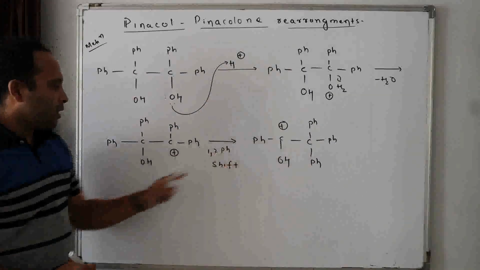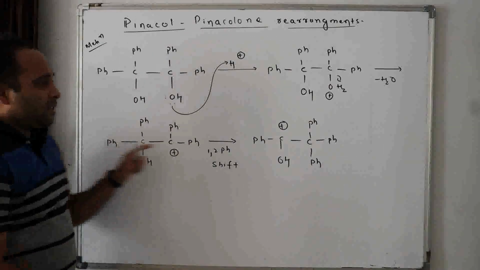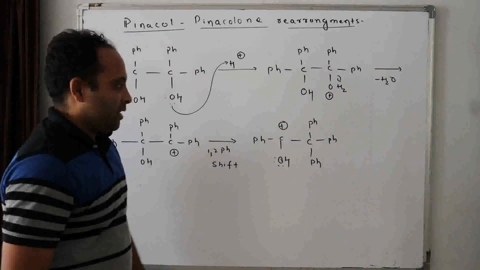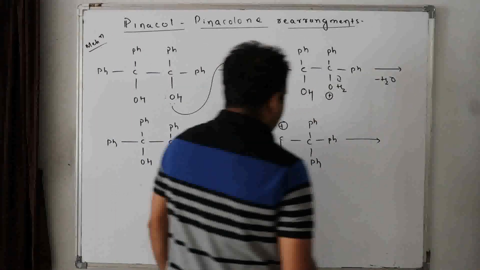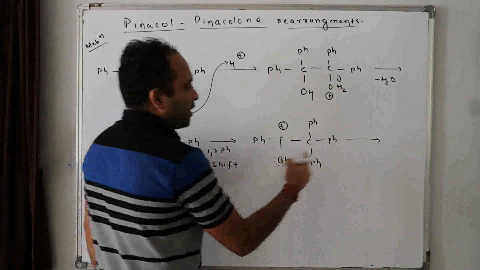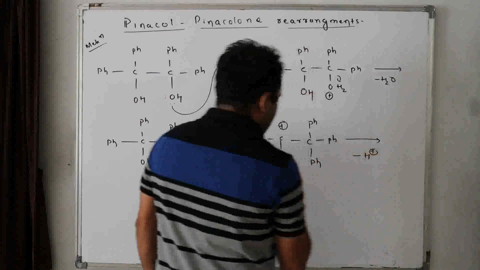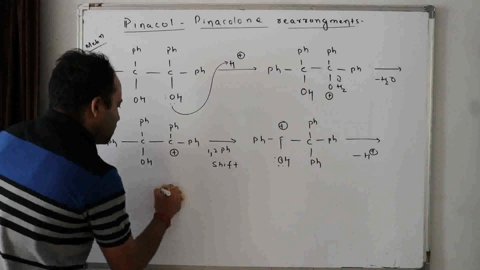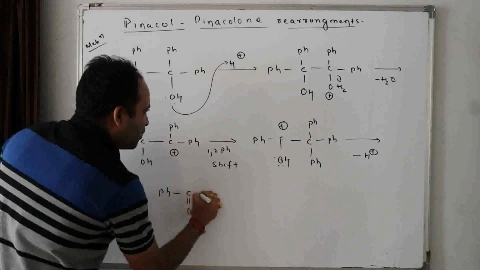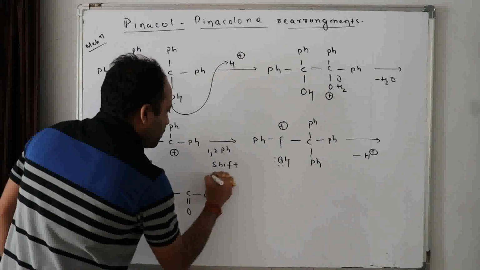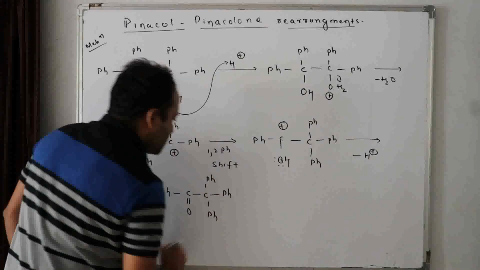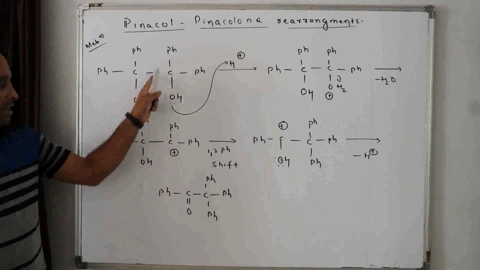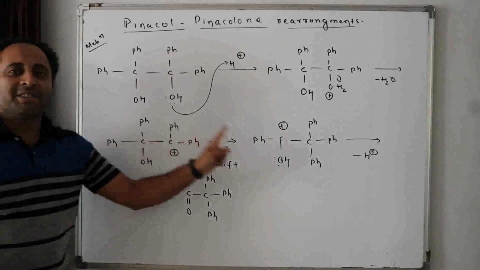Why does this shift occur? Because here it was resonance stabilized, but here what does it have? Plus M stability. This oxygen is giving plus M stability. Now, after this, whenever you have a plus over this carbon and OH is there, here H plus is fired off. So O minus C plus, here there will be a bond formed. So Ph3C-C(=O)-Ph. Now what did I get here, beta? Pinacol is converted to pinacolone. Pinacol is converted to pinacolone. So this is the mechanism.